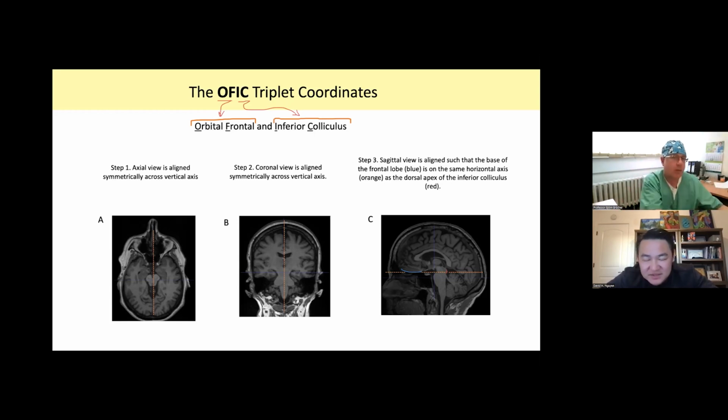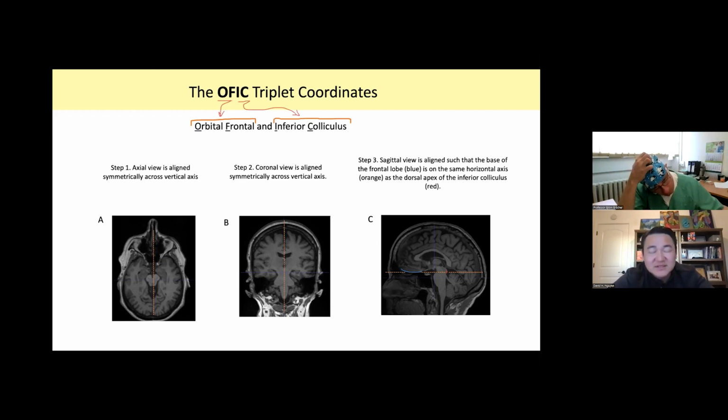In panel C, you see the blue line. That is the base of the orbital frontal gyrus. Actually, in this slide, it is more like the straight gyrus. Okay, and then the red line, right, is the apex of what we call the inferior colliculus. And so these 2 points need to be on the same horizontal line. And that's how we objectively orient the brain in this system, which we call the OFIC